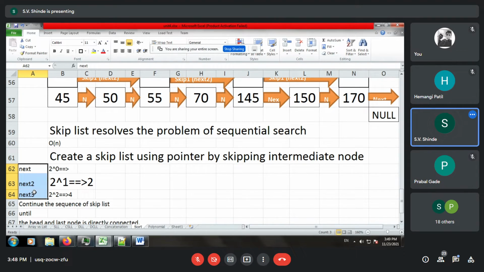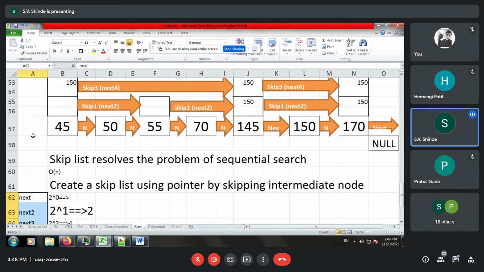Assume that initially there are only 3 nodes, so your skip list will only span this much. Now, if your skip list contains more nodes, suppose 5 nodes, then it will be something like this.